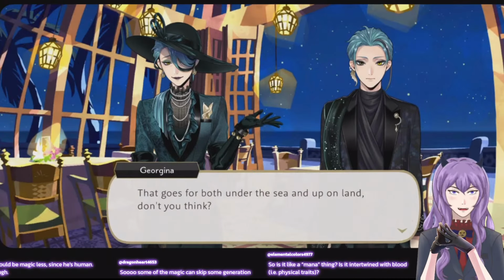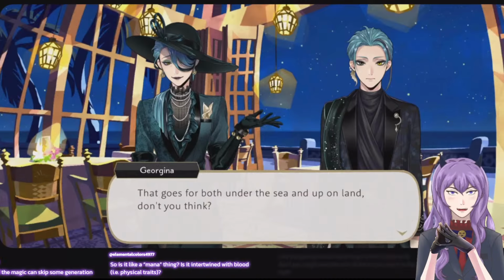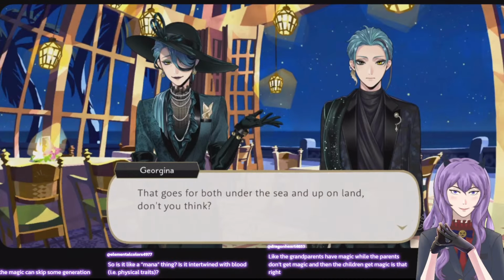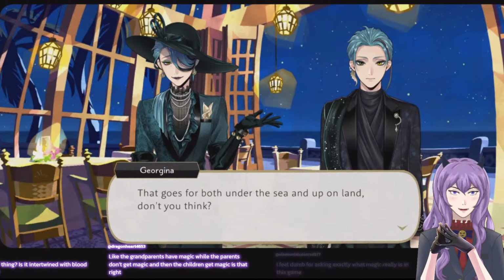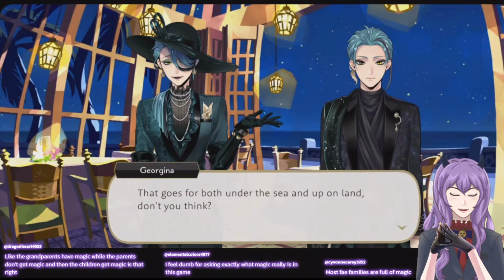So some of the magic can skip some generations, yeah, because a lot of the cast of characters have magicless parents, but they may have a grandma that can use magic. There's like mana intertwined with blood. I'm actually not sure. It's quite interesting. I actually wonder about the details of genetics in Twist here.